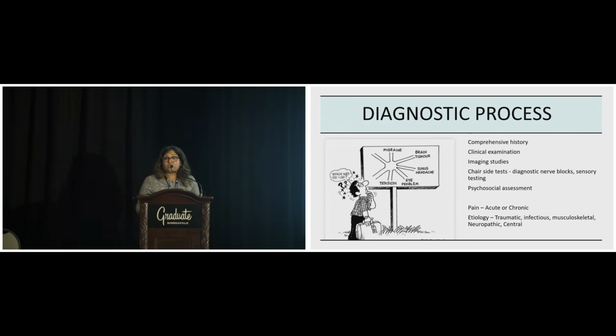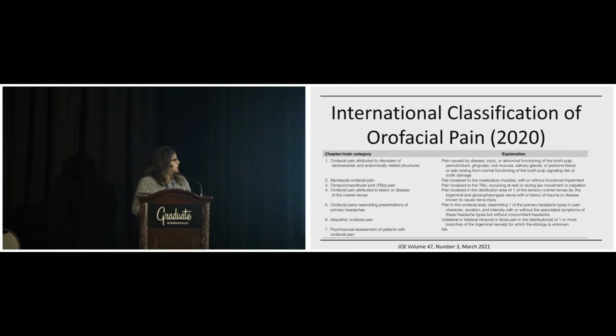Pain broadly can be acute or chronic, and can have multiple different etiologies, like we've heard today. It can be traumatic, inflammatory, cancerous, come from musculoskeletal structures, or be neuropathic or neurovascular in presentation, and that's what makes this complex. Identifying the differentials becomes really important. So today, we've gone through a few of these subcategories. I'm going to talk about numbers 2 and 3, myofascial pain and temporomandibular joint pain, and touch a little bit on lesions or nerve pain.